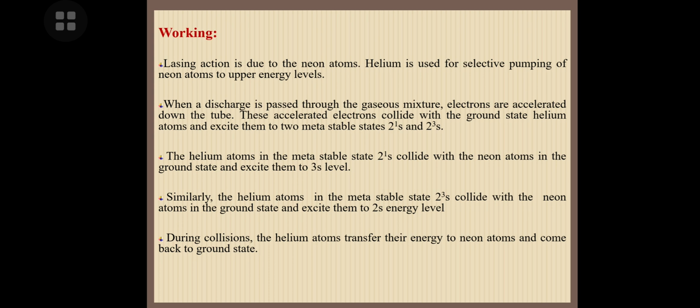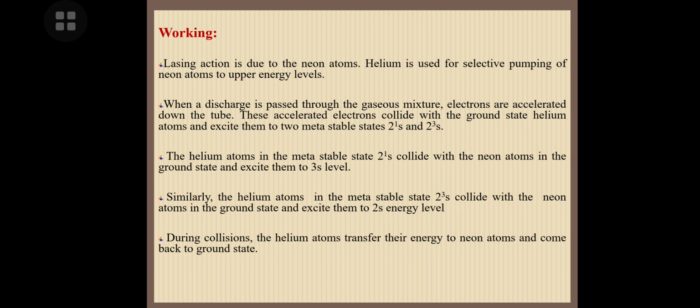Similarly, the helium atoms in the metastable states 2s1 and 2s3 collide with the neon atoms in the ground state, exciting them to the 2s energy level. During these collisions, the atoms transfer their energy to the neon atoms and come back to the ground state. But once we switch on the electrical discharge tube, the electrons get accelerated, and these accelerated electrons